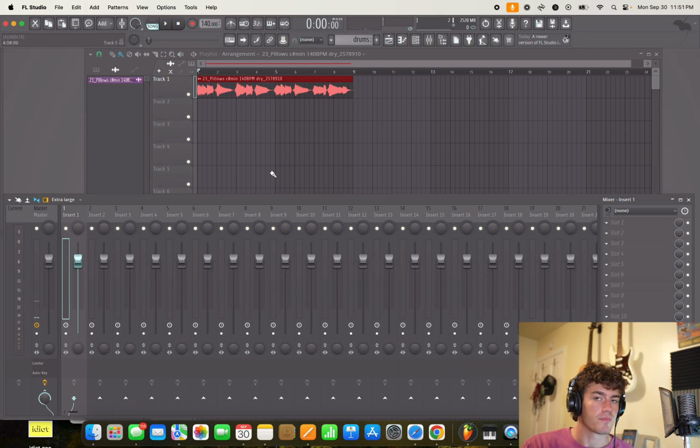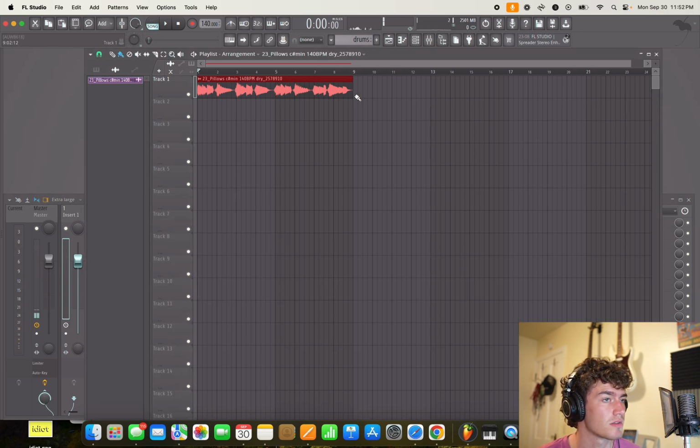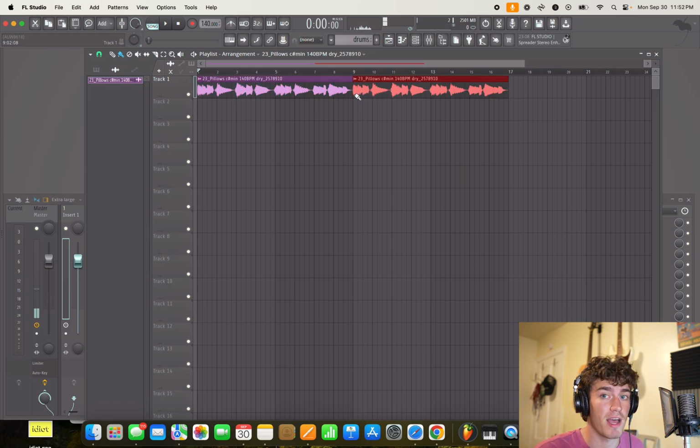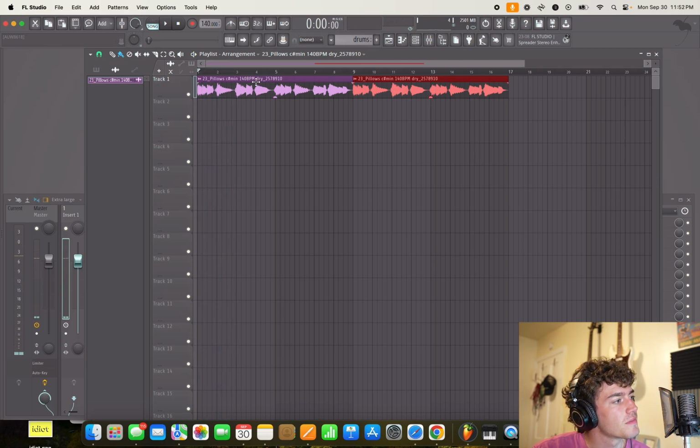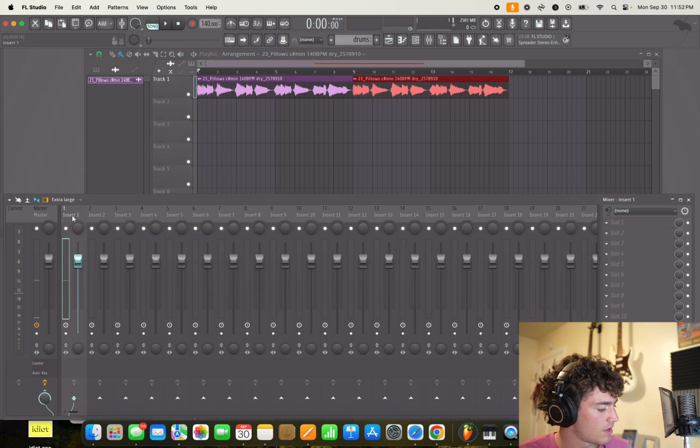So when you hop in here, it's going to look like this. It's got a bunch of gray, and now you're going to have your loop in there. I like this. Let's duplicate it, because we're going to listen to it a few times. You can press Control or Command B. I'm on Mac, so I like to use Command. And now we can listen to it twice. But it's really loud. So what we're going to do, Shift, click,